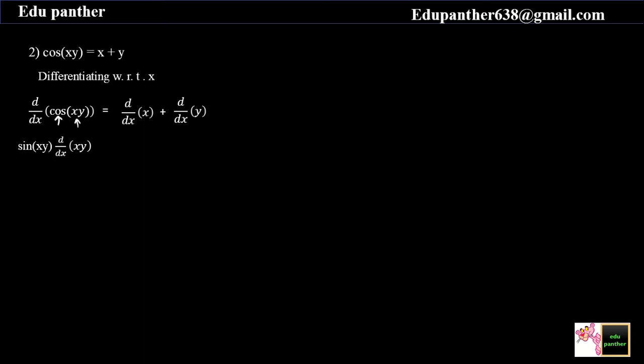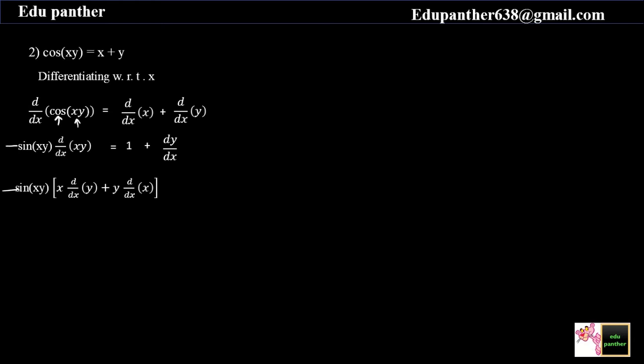Using the derivative of a composite function, first we differentiate the function present outside, which is cos here. The derivative of cos is minus sine of xy, into the derivative of the term present inside the bracket, which is x into y here. So the derivative of x into y equals, the derivative of x is 1, plus the derivative of y, which will be denoted by dy by dx. Next step, that minus sine xy will be as it is.